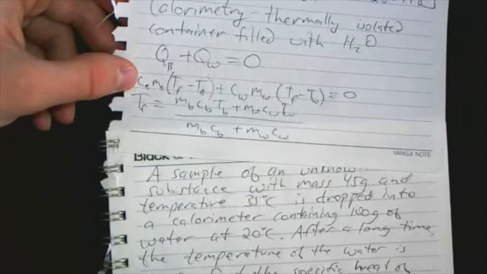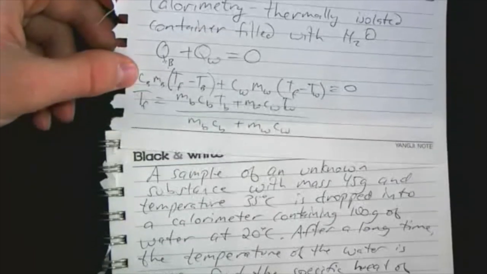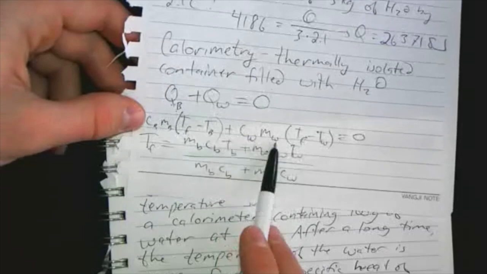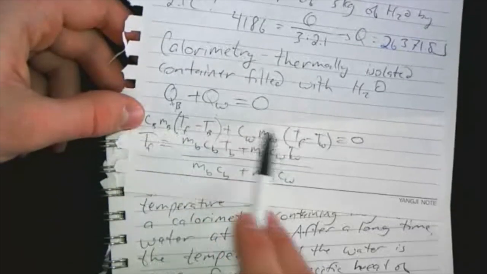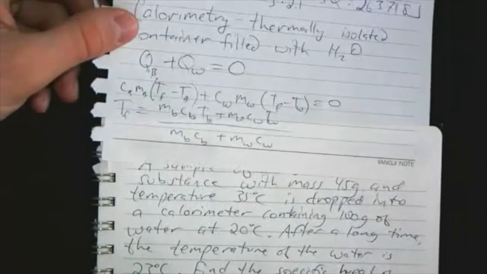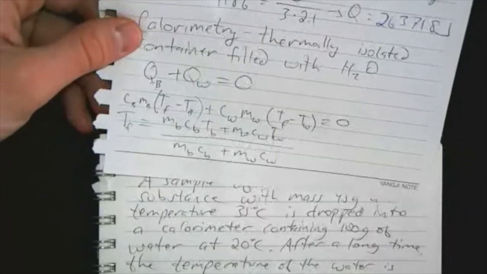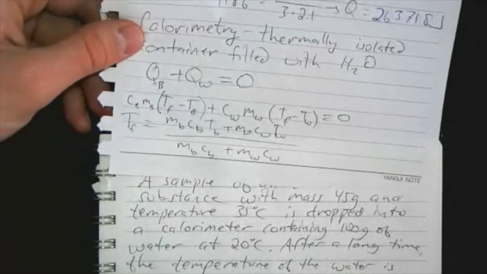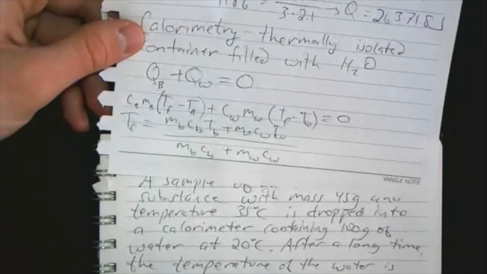The mass of the unknown we know is 45 grams, and we're going to divide that mass over to the other side, and that'll cancel out the mass of water, so we don't need to worry about converting to kilograms. And then we have the change in temperature of the block. Well, the final temperature is 23 degrees, and the initial temperature was 35 degrees,